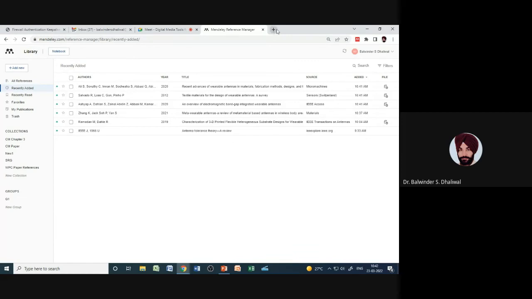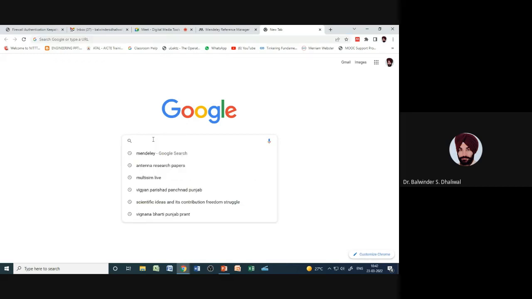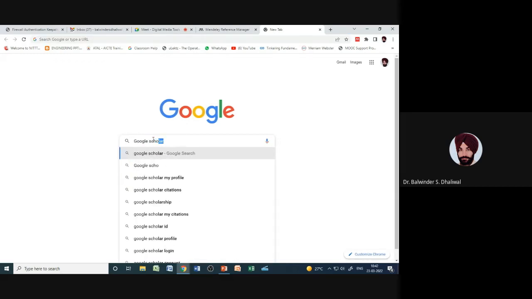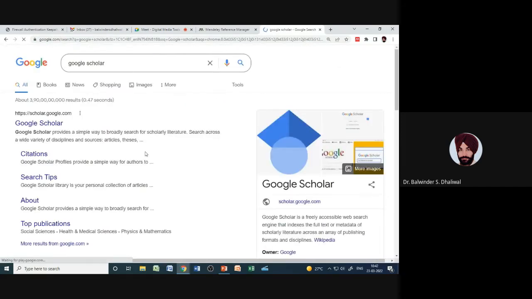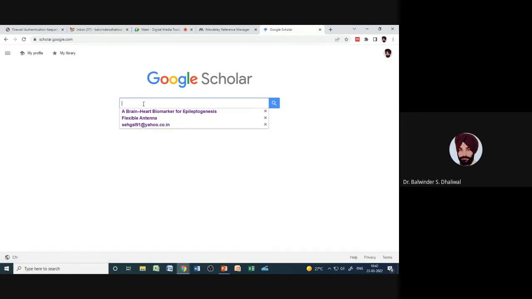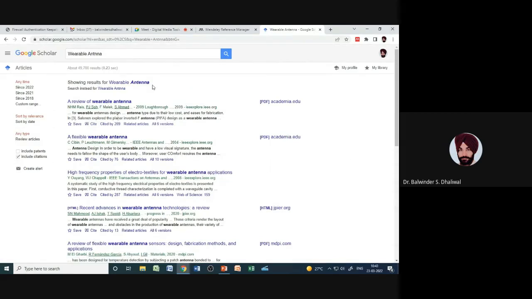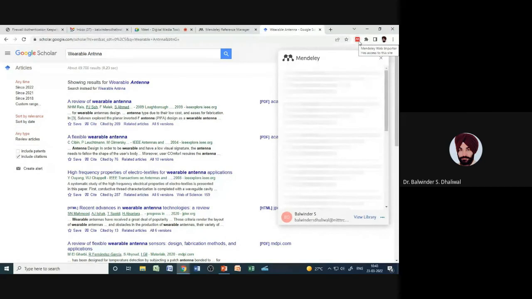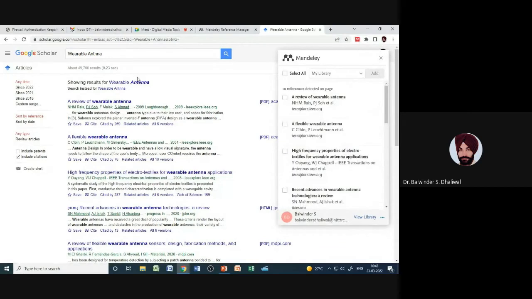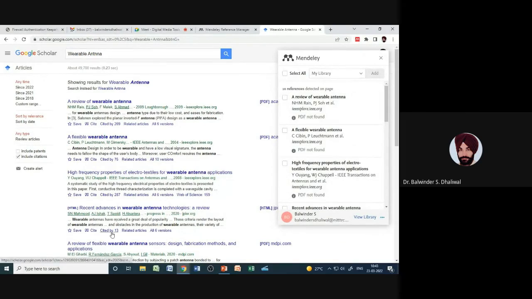Another thing is, even if we are not searching the literature through Mendeley, say I am searching literature from Google Scholar. So let me open Google Scholar. Say I am searching again for the same term, say variable antenna. Here also, Google Scholar gives us various search results with various metrics, but these metrics are different from Mendeley. Now if I want to add these articles into my Mendeley, again I will click on this Mendeley web importer plugin. Again it will detect the references on this particular search result,